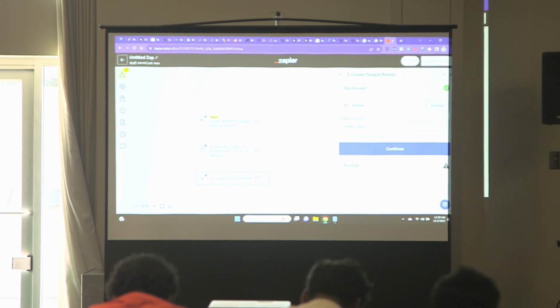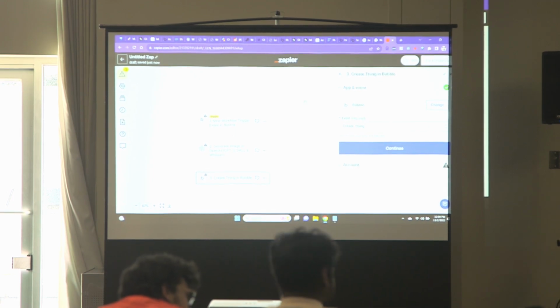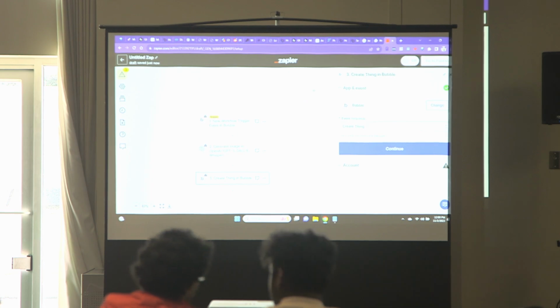You can add this to Google Sheets, you can add this to whatever you want. But adding artificial intelligence in the no-code sphere has recently gotten really easy, because obviously everybody was like, I want to go on AI apps, so how can we do that? So every single company was like, let's get this going. So Zapier is something absolutely to look out for if you're looking to add in functionality.